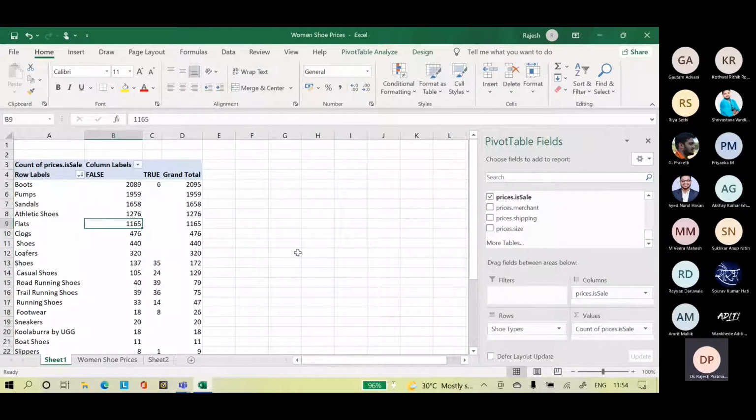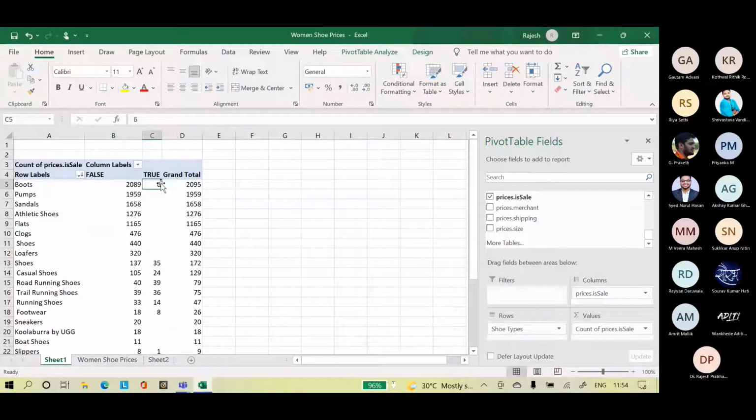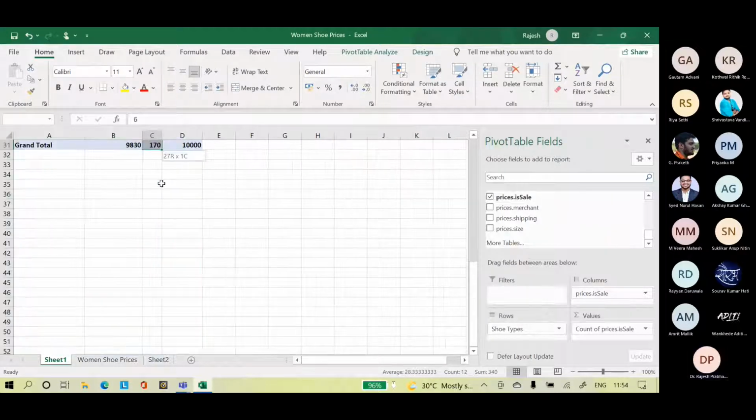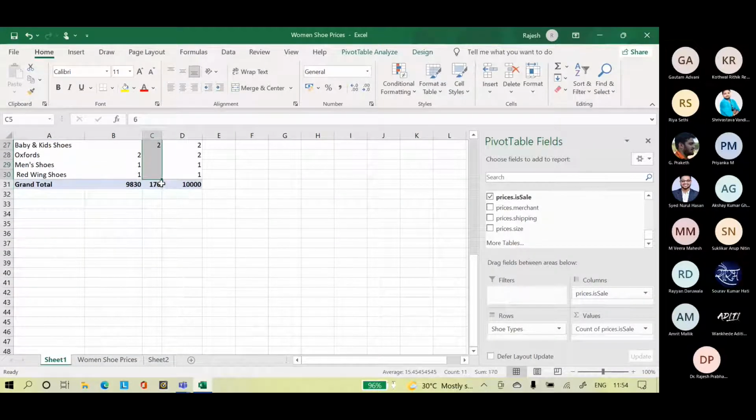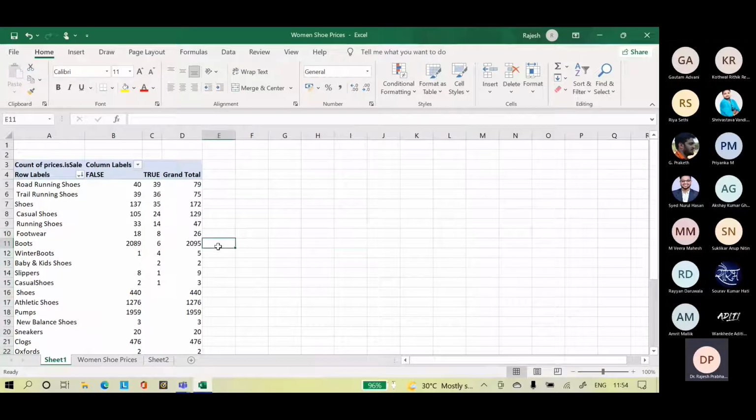The company is selling mostly boots, pumps. Sorry, the stock is mostly boots, pumps, sandals, and sellers. But if we classify on sales, road running shoes are selling the most.